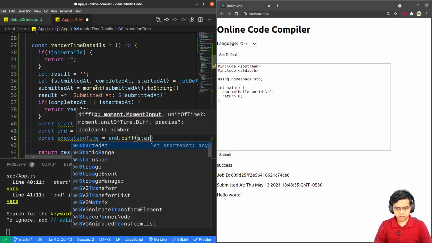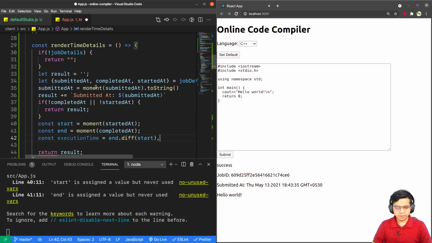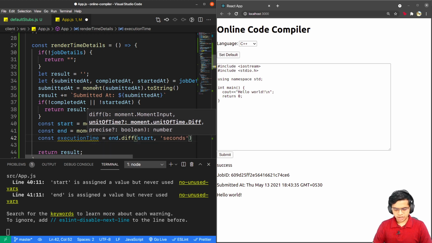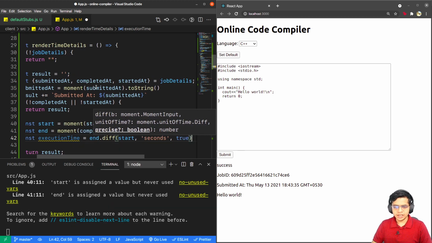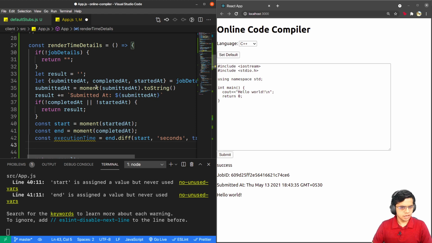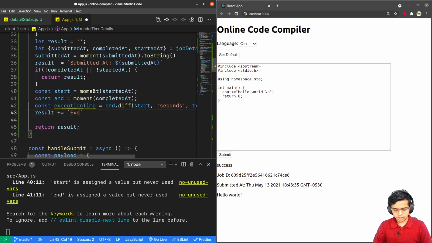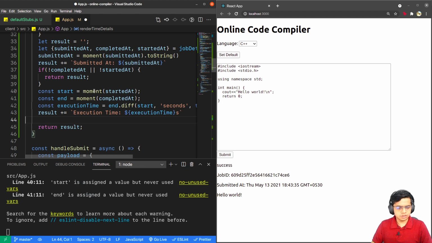end.diff(start), unit of time has to be seconds, and do I want it to be precise? Definitely, why not? And now I'll just append this to it. So result, "Execution time was" executionTime seconds.